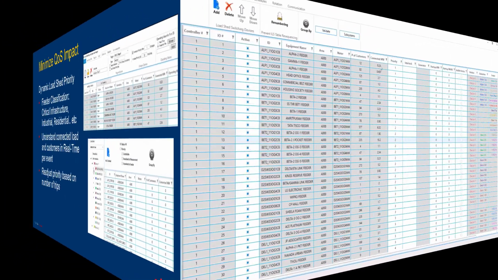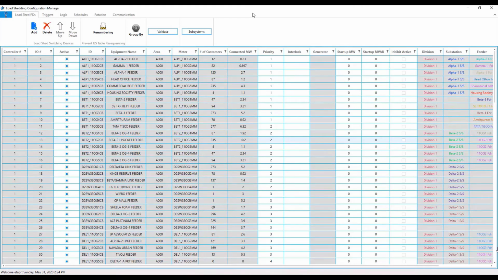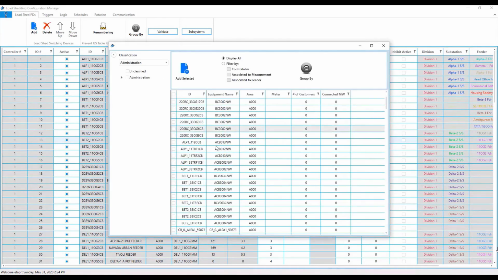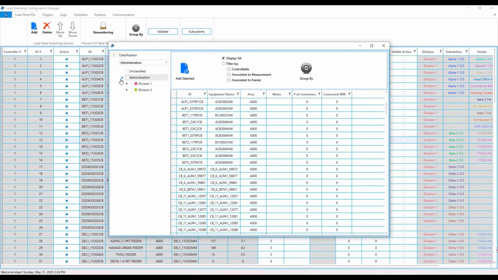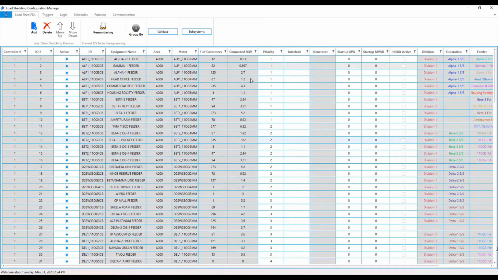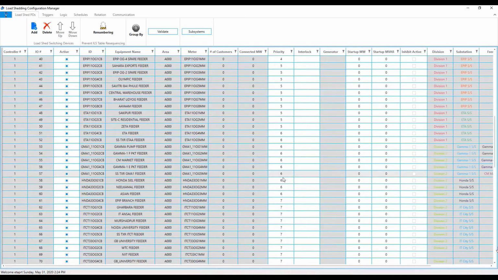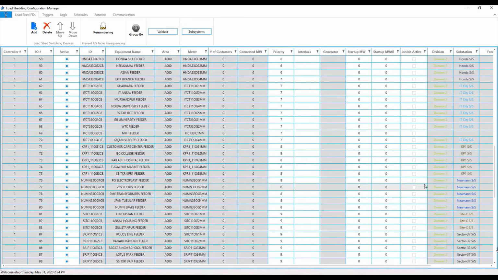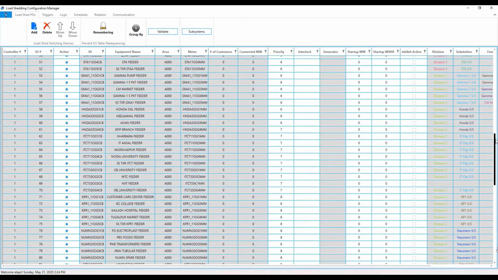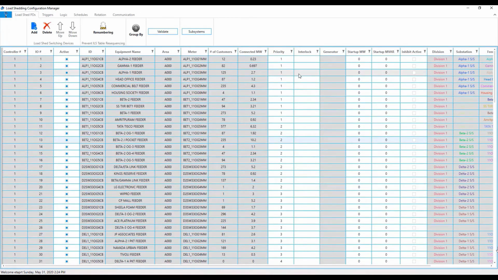ETAP iDLS controllers expand a digital twin model to use the Load Shed Configuration Manager tool. Using this tool, users can define the control philosophy for the distribution load shedding system. Users can select the loads that will participate as part of the load shed philosophy and organize the loads based on classification. Then, loads can be prioritized based on optimization group and classification, making the system intelligent enough to prioritize the best selection from a priority group and meeting the required load to shed.